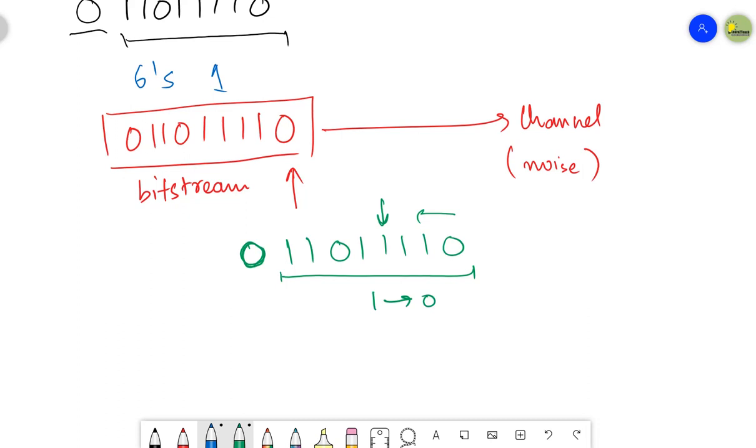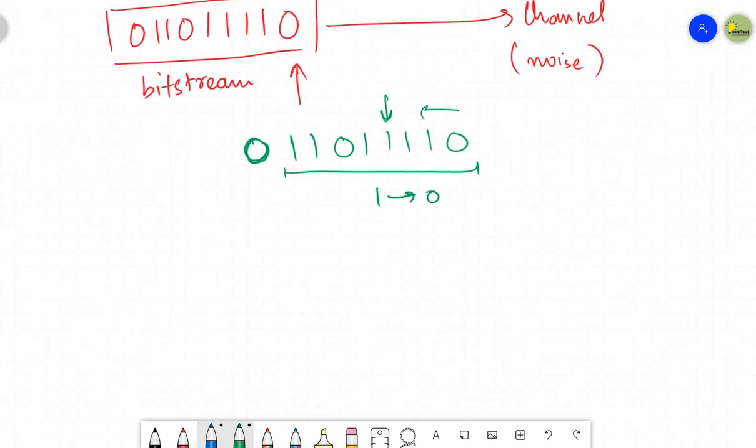So the new data received at the receiver after data corruption is 0, 1, 1, 0, 1, 0, 1, 1, 0, right? Your fourth bit from the right has been corrupted and changed from 1 to 0 during the transmission, and this is the data received at the receiver's end.